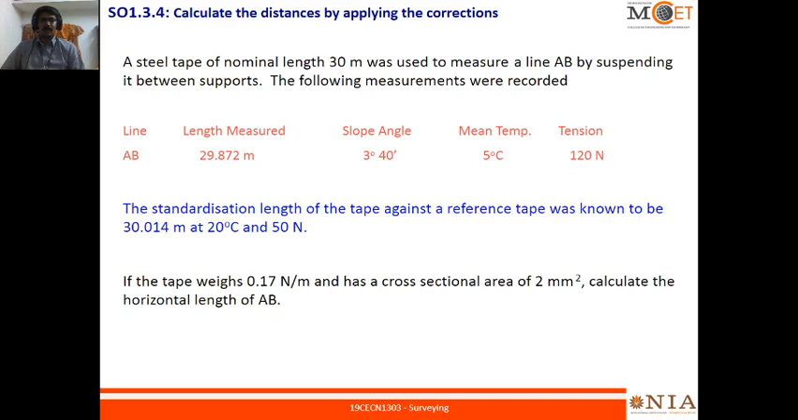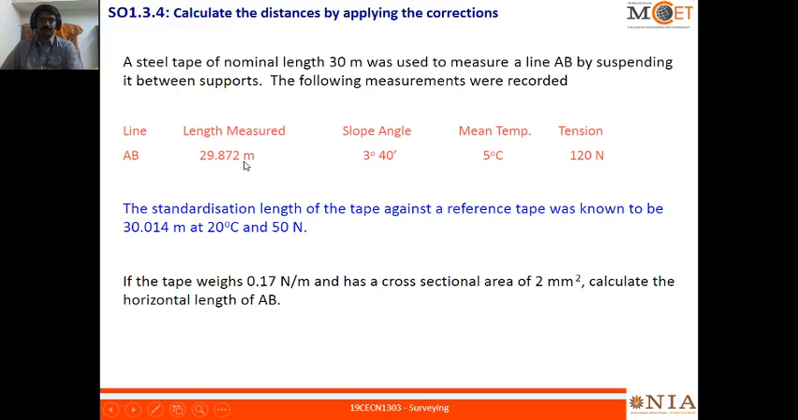A steel tape of nominal length 30 meter was used to measure line AB by suspending it between supports, right? The following measurements were recorded. From the first two lines itself, the maximum length measured is 30 meter only, but the problems may differ, it may go to thousands of meters. But this is the example, you can match this with any number of things, right? So here the line is AB, so it was mentioned as AB. The length measured, it will be in the given data, is